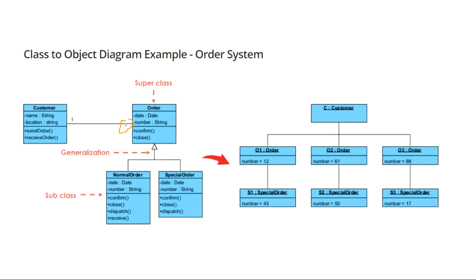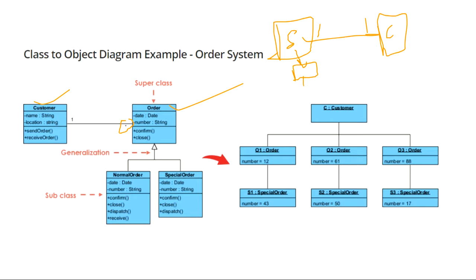Multiplicity is telling you how many objects or how many instances of this class can interact with how many objects of this class. This is what multiplicity is representing. Suppose there is a one-to-one relation, there is a student, there is a class course, and here also the multiplicity is 1, here also the multiplicity is 1. It means you will create one object of class student, and one object of class course, and you will just show the relationship like this.